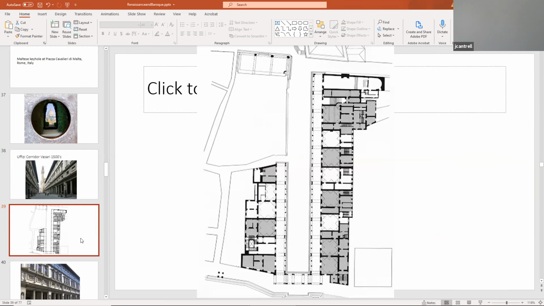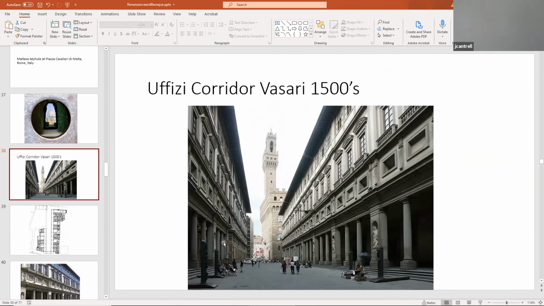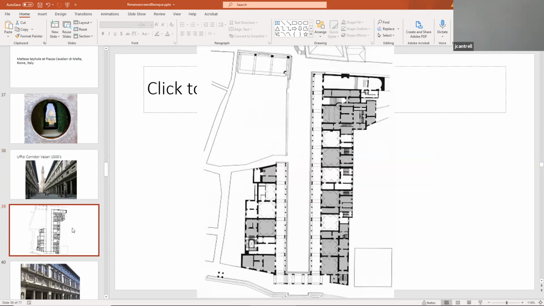It's a very haphazard medieval plan. There's really nothing orthogonal, so he adds this really modern corridor. These are the government offices for the city of Florence, roughly in the 1500s. What's modern about it is that the loggia is completely occupied by pedestrians. You can be completely covered by all the buildings.